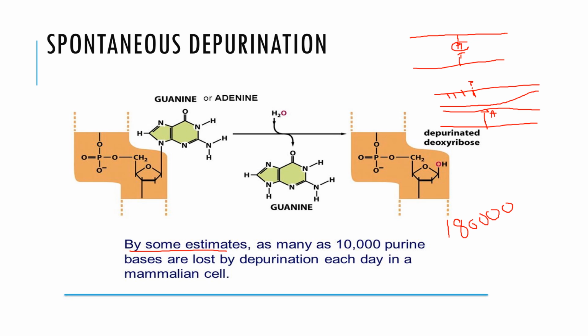In case of deletion, the size of the open reading frame is affected, and you know that deletion has a deleterious effect. So if there is a depurination and the base is not at its usual place, at the time of DNA polymerization DNA polymerase does not find anything and will not attach anything, and it will lead to the deletion.